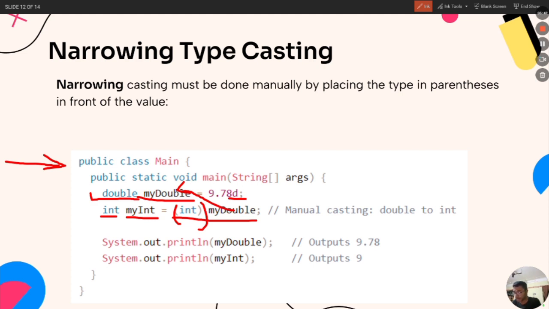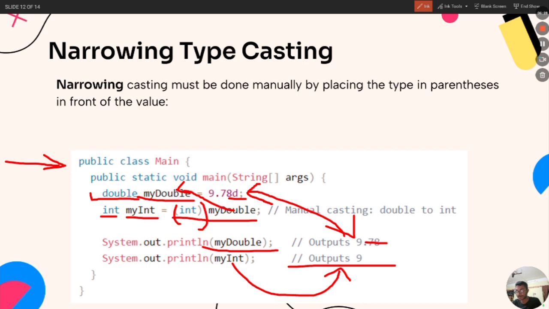When we come to the output part, the value of my double will be 9.78. This won't change anything; it will be displayed as the value is assigned. So the same thing will be printed in the output section, that is 9.78. Now since we are converting a larger data type to a smaller data type, that is, we are converting a double to int, the integer data type can't display any floating point values. So all these floating values will be cancelled and only 9 will be displayed. This is mainly because we are displaying it in the form of integer data type. So this is how the